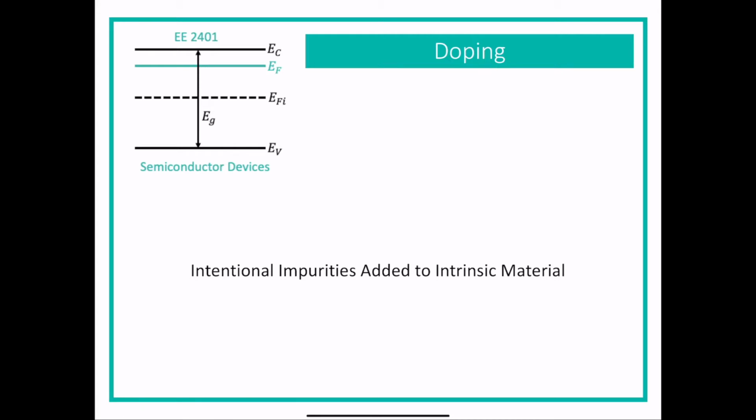So we have to tip the balance one way or the other with the charge carriers to actually make semiconductor devices work. So I'm going to talk just briefly about how impurities are added, and then next week we'll talk,